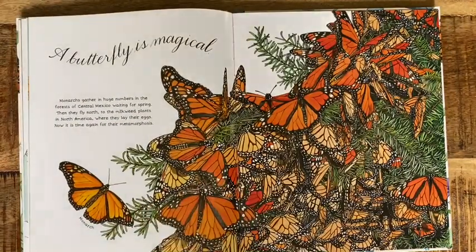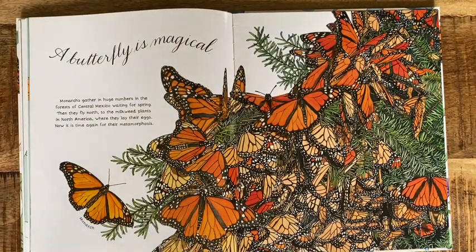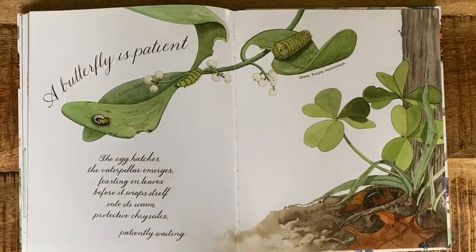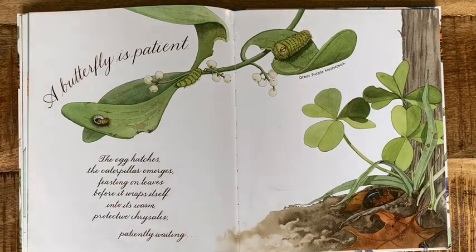A butterfly is magical. Monarchs gather in huge numbers in the forests of central Mexico waiting for spring. Then they fly north to the milkweed plants in North America, where they lay their eggs. Now it is time again for their metamorphosis. A butterfly is patient. The egg hatches, the caterpillar emerges, feasting on leaves before it wraps itself into its warm, protective chrysalis, patiently waiting